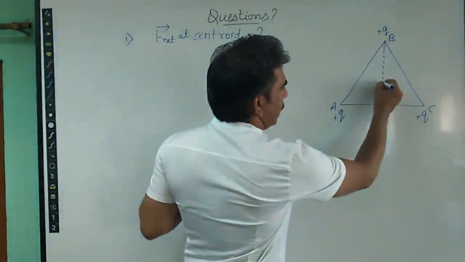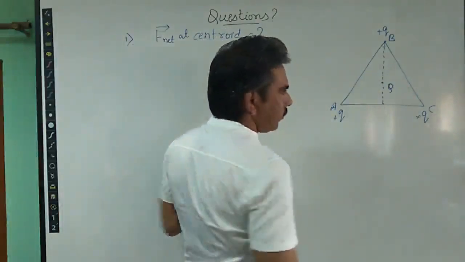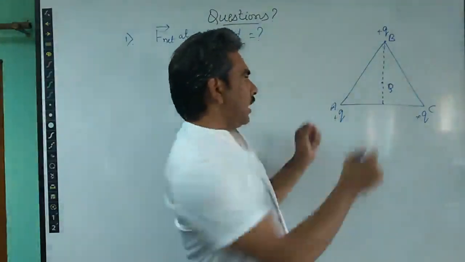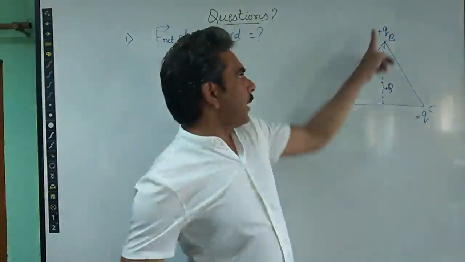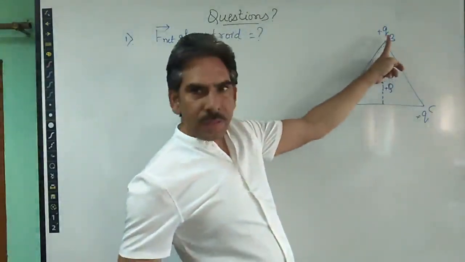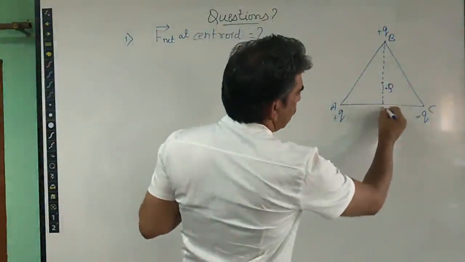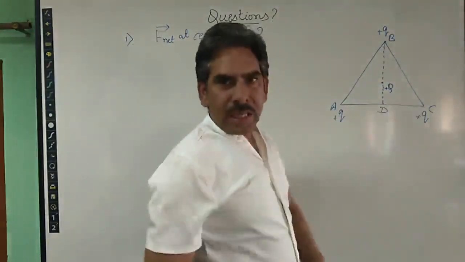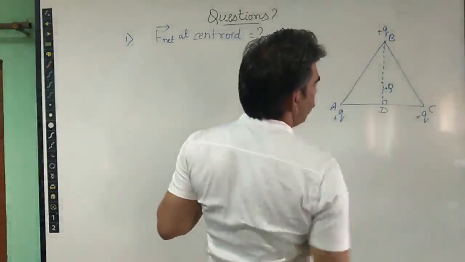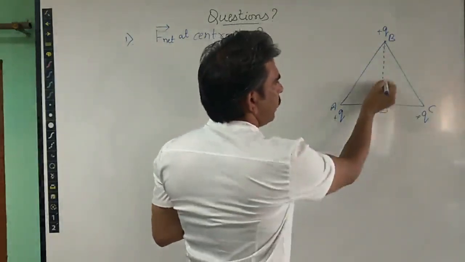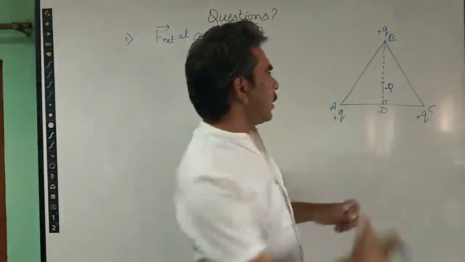So at the centroid it is given that a charge capital Q is placed of similar kind. So what we are doing, we are drawing the perpendicular from one vertex of this triangle, for example from point B, which meets the side AC at point D. So BD is the perpendicular. So we have to find out the distance of this centroid from all the three vertices. So that is just the mathematical part. However, let us try to understand it.